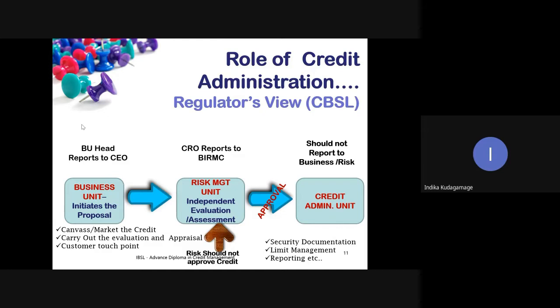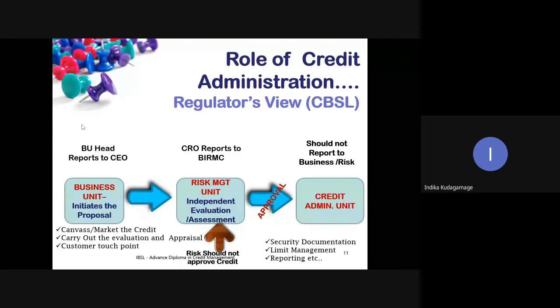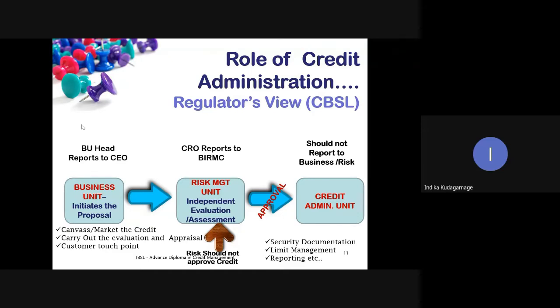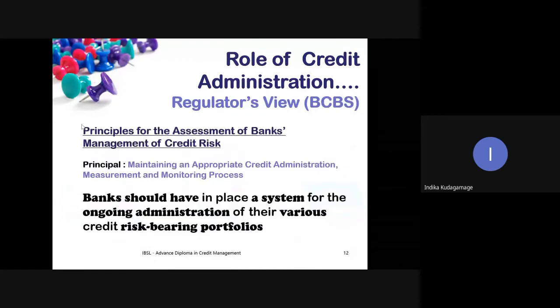You have treasury front office, treasury mid office, and treasury back office. Dealer does a deal, then mid office will perform the required function, then back office will do the maintenance and recording function. So it is segregated. So credit admin comes in this. Whoever brings the business should not be involved in the operation or admin part of the credit, right? So again,